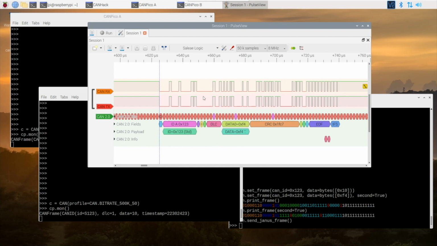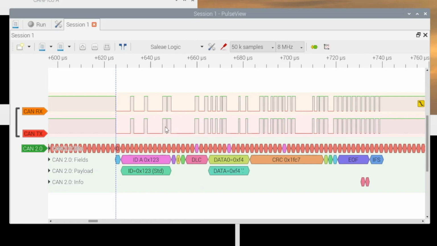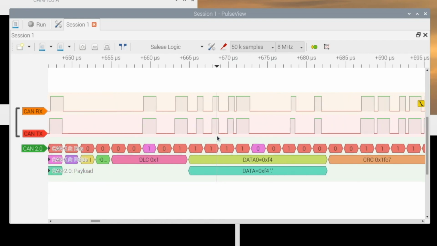And we can see the bit stream here is not a regular CAN bit stream for this frame. So if we zoom in a little closer, we can see these strange bit formations here, which are not regular CAN bits. And that's the Janus bit. So this will read 0 in the first half and 1 in the second half, 0 and 1, 0 and 1. And they'll both receive a 1 here. All of them see zeros here, and so on.